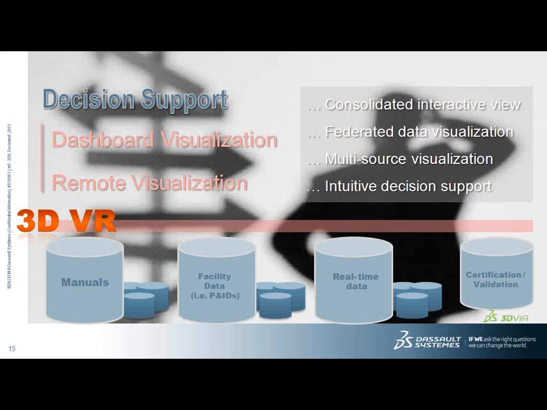It's a little difficult to do if I'm just using a dashboard and I'm trying to say, okay, here's my tag, I find everything related to that tag, but I may not realize that tag is sitting right next to another tag or another pipe that I want to find information on. If I'm in the 3D and I click on the pump, I find everything, and I realize there's another pump right there next to it. Let me find everything about that pump as well. So these federated views help you do that kind of thing.